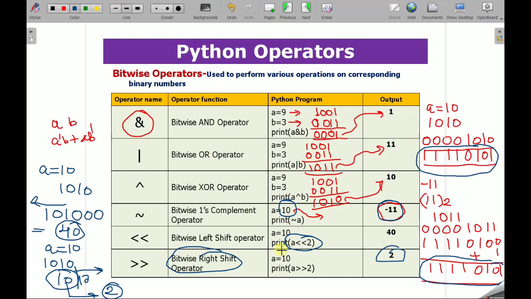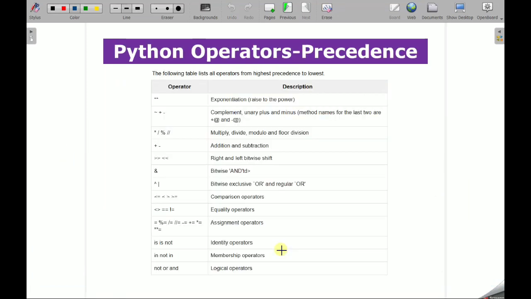Now I am coming to the precedence of the different operators. Here I am presenting a chart by which you can understand the precedence of the different operators. You can study this table and see the highest precedence to the lowest precedence of the different operators used in Python programming. So today I have discussed different types of Python operators, the theoretical concept behind them, and how you can implement all these operators in the Jupyter notebook.